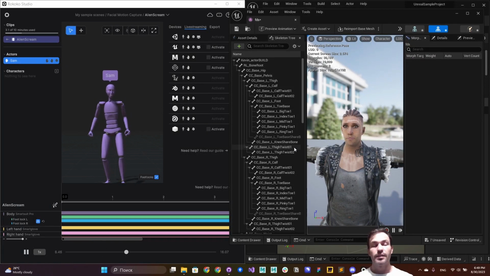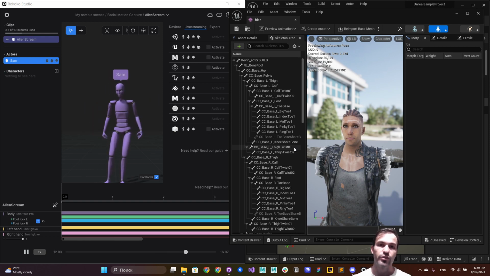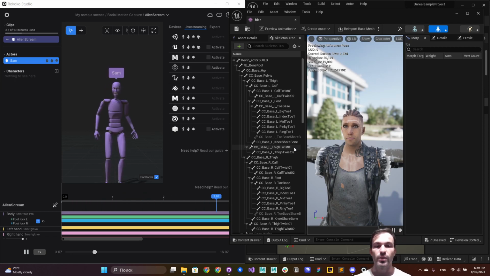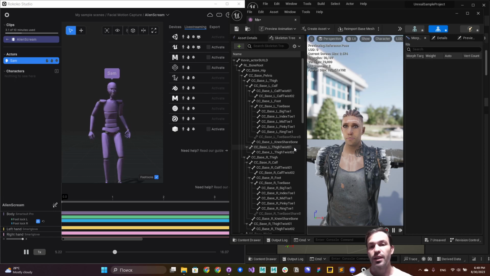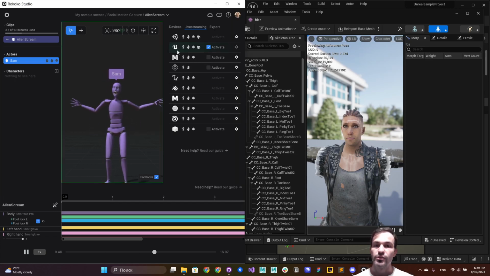Hello everyone, and in this video I'm going to show how to receive the Blendshape weights value in Unreal Engine that we're streaming from Rokoko Studio, and how to take control over the joint rotation by these values. So in my case, I have a sample project in Rokoko Studio